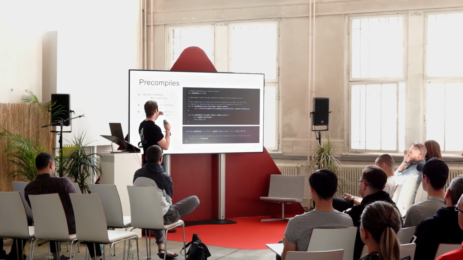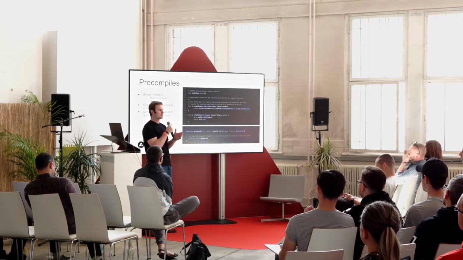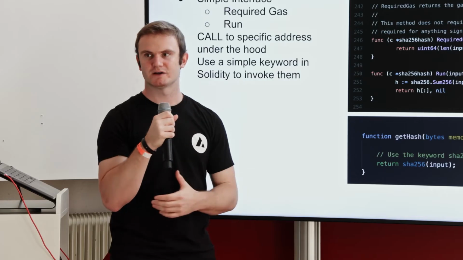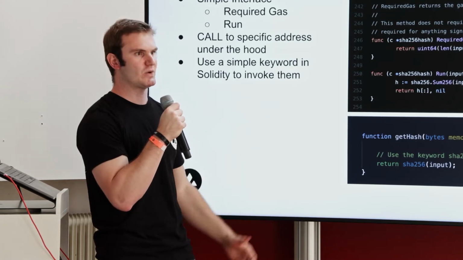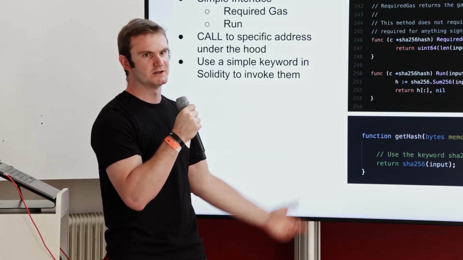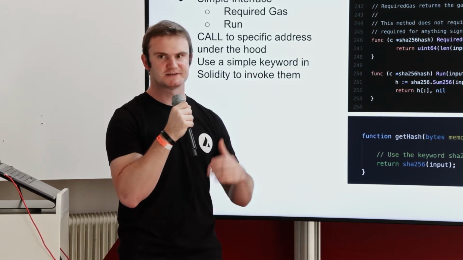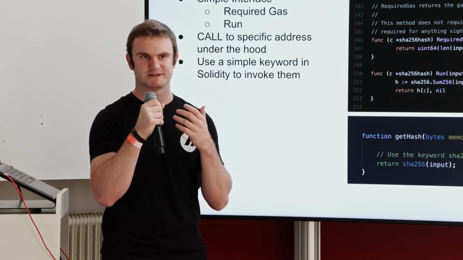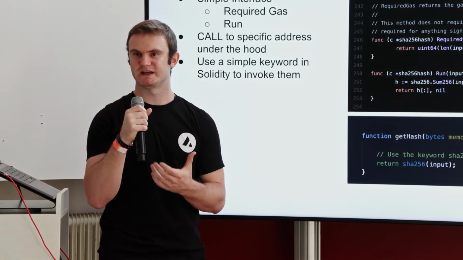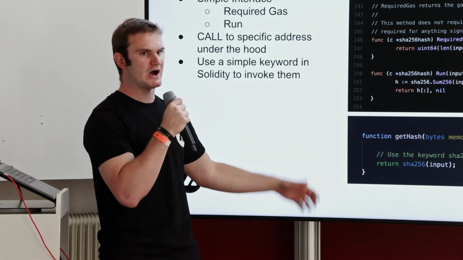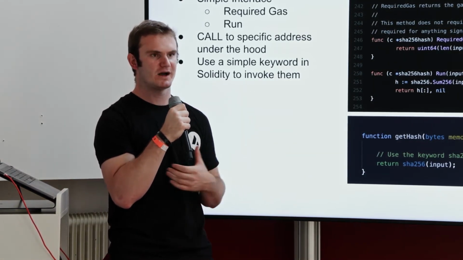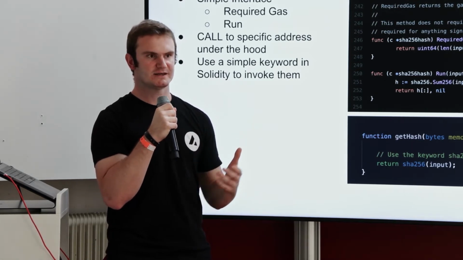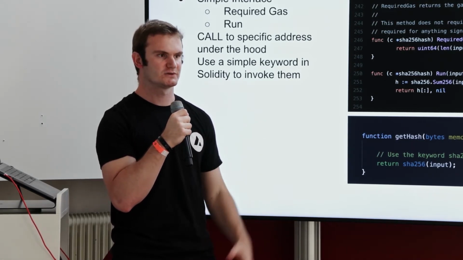So the way that this works under the hood is that there's actually going to be one of the different call opcodes that invokes the precompile. So the call opcode is basically how you call smart contracts, and it's in the exact same way that you might call a precompile. So under the hood, when you write SHA-256, it's going to perform a call opcode, and you're going to essentially pass in an input data string, and then it's going to return some output, in the same way that if you make a call to a smart contract, you're passing in some data that defines the call that you're trying to make, and it's going to return some data that is the result of the function.